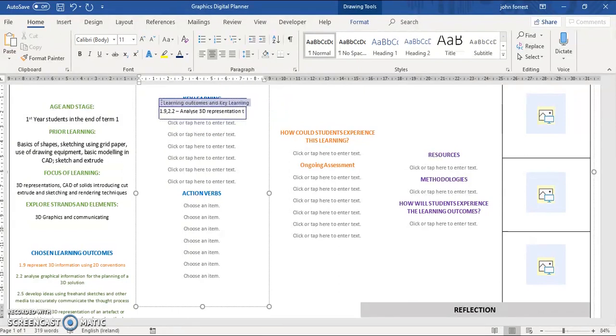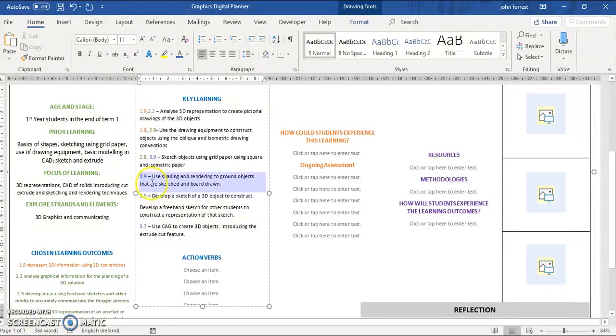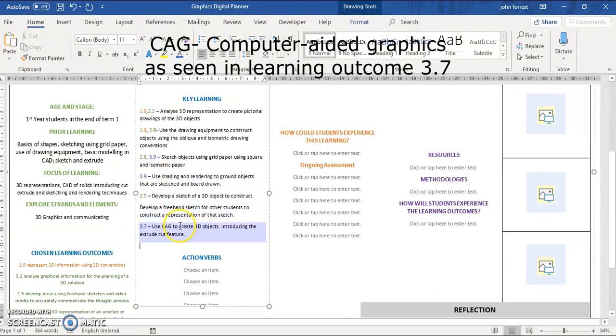An example in this plan is learning outcome 3.9. Apply a variety of rendering and presentation techniques to enhance the communication of solutions. The key learning within this learning outcome is shading and rendering to ground objects that are sketched and drawn. Another example is 3.7. Use computer-aided graphics to communicate design solutions effectively. And the key learning associated with this learning outcome is use CAG to create 3D objects, introducing the cut extrude